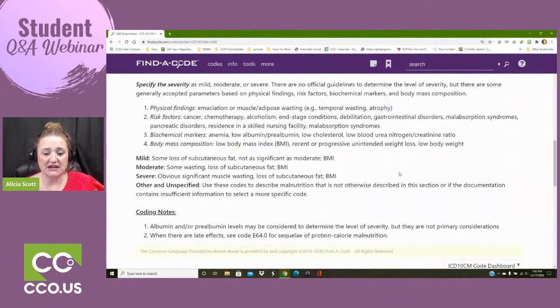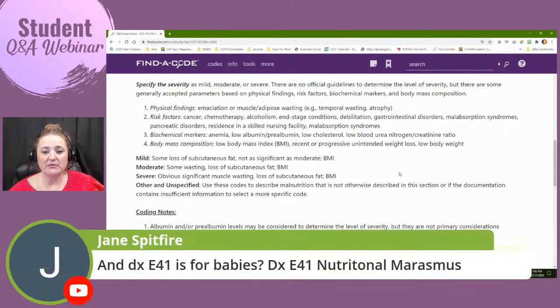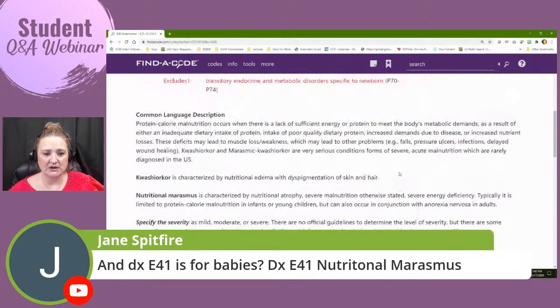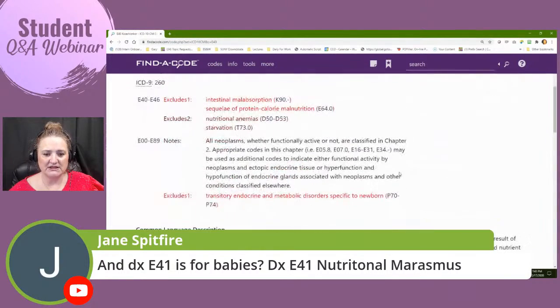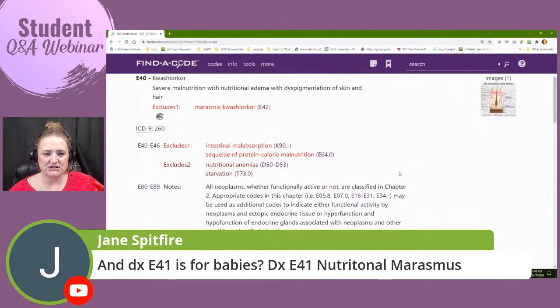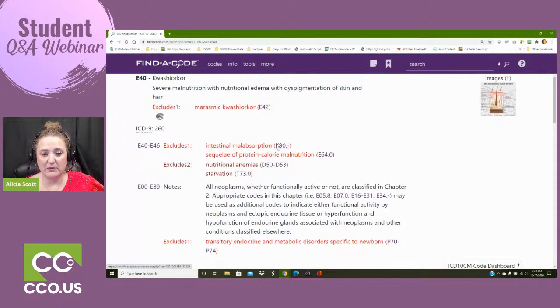There is nothing stating that this is children. It's probably more common in children. And diagnosis E41, let's go look. There's nothing saying that it's exclusive to children, though do look, if it's an intestinal, if they find out, you know, then it, but